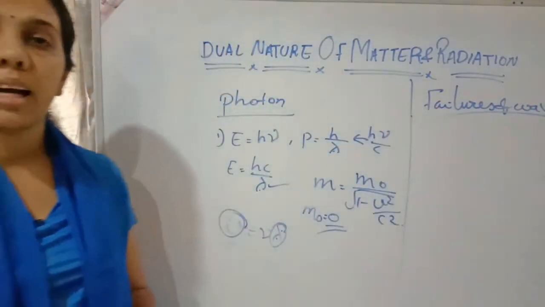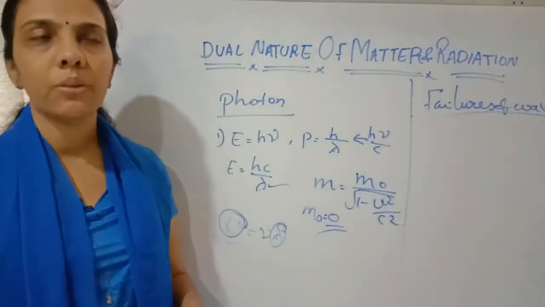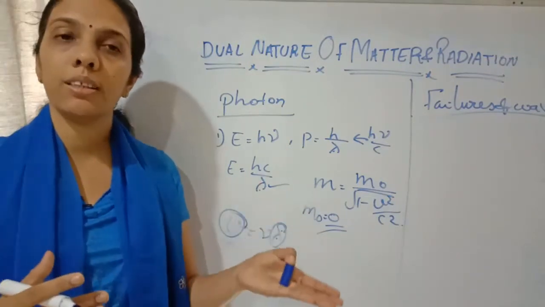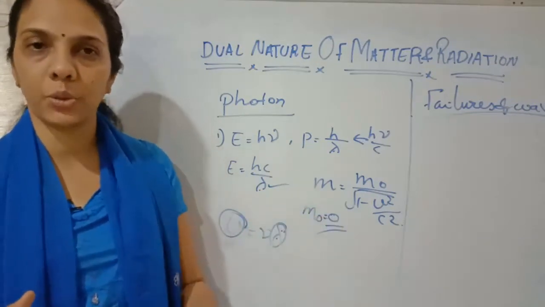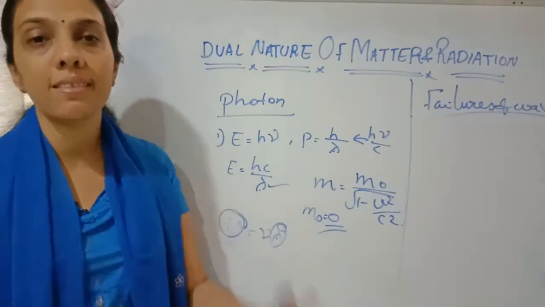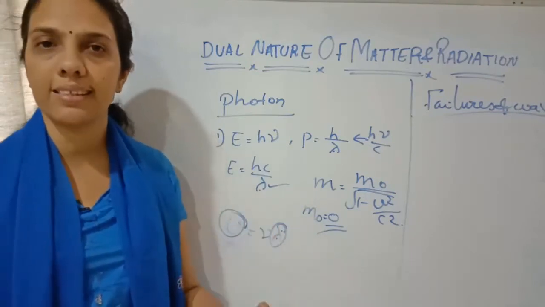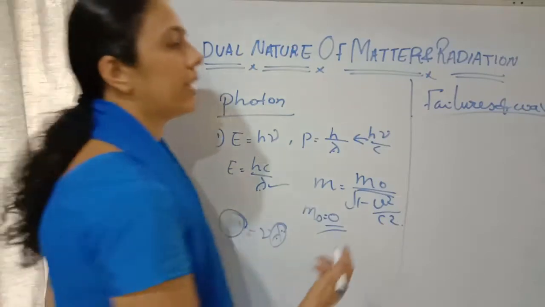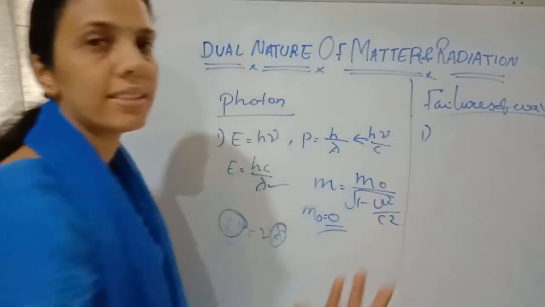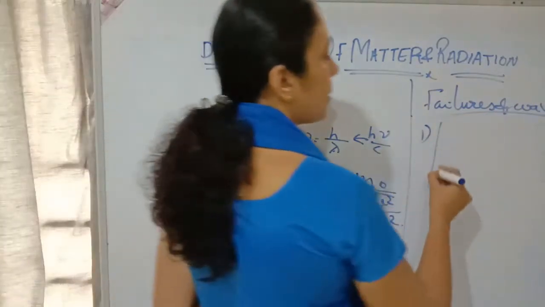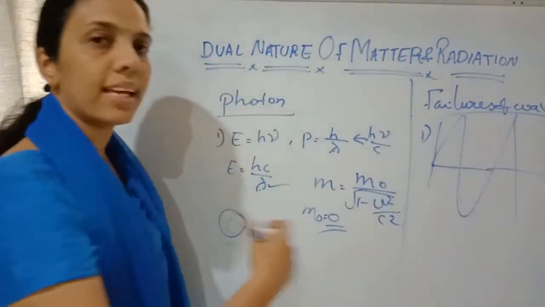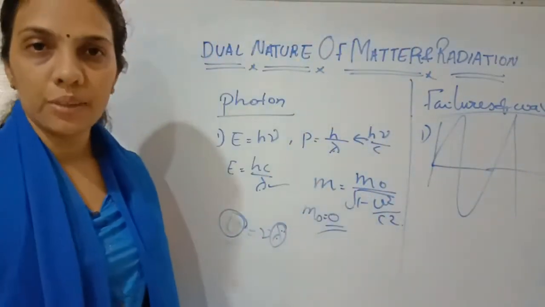First I am considering the intensity. We know that the intensity of light radiation depends only on the number of photoelectrons emitted. As intensity increases, the number of photoelectrons increases. But as per wave theory, with intensity increasing, how do we represent that intensity? Intensity is represented with the help of the amplitude. As amplitude increases, we say the intensity also increases.